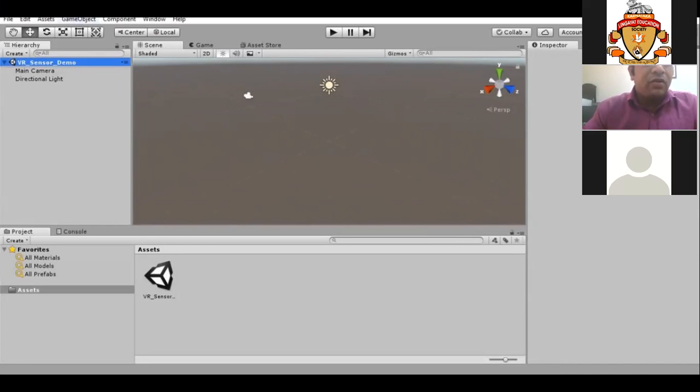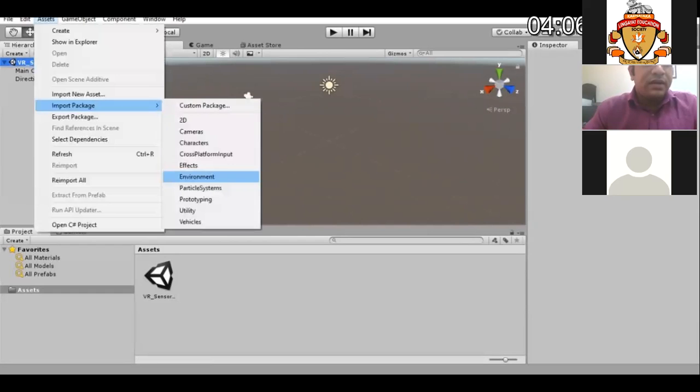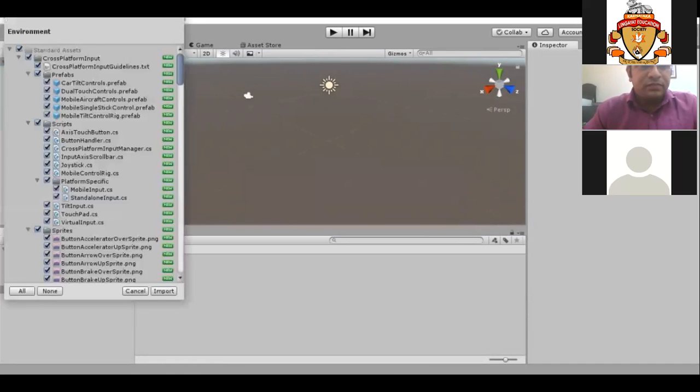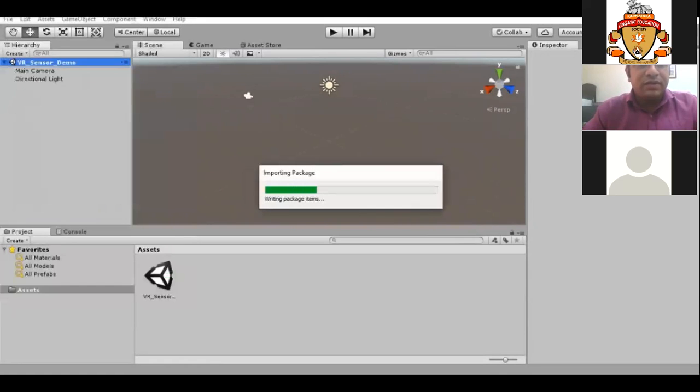First we can go into assets. We can click on import package and environment. These are inbuilt environment packages we can use, or we can create our own environment. So I'm using the inbuilt environment package in Unity.